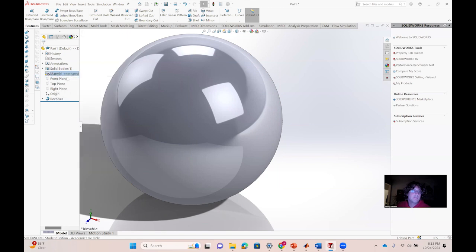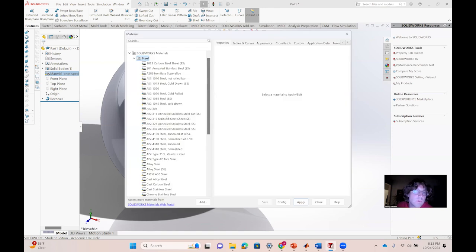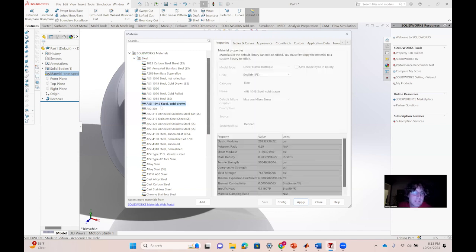So we're going to go to edit the material, and we're just going to call it, what is this type of steel? Okay, I think we should go, let's just go with the 1045. I think that should probably be close enough. Let's take a look. What's the difference between 1045 on the density? Where's the density, mass density,